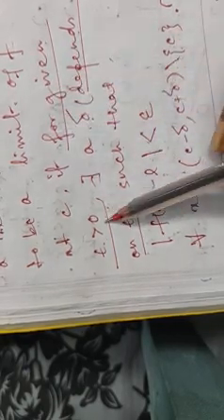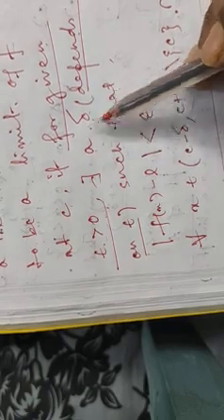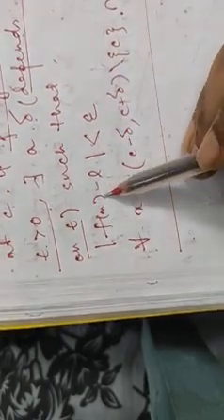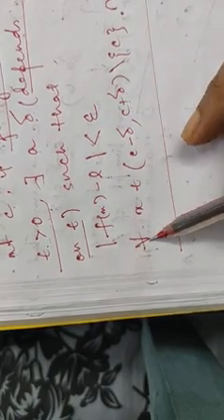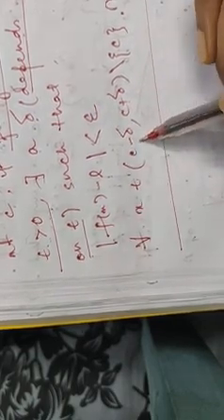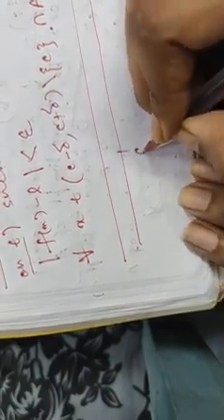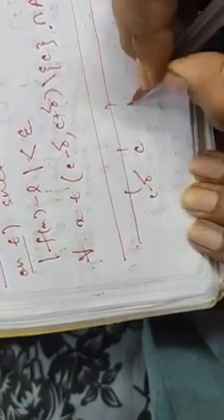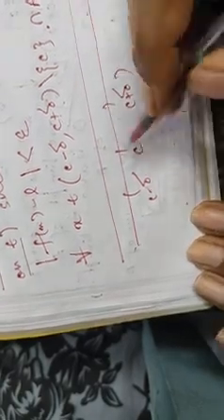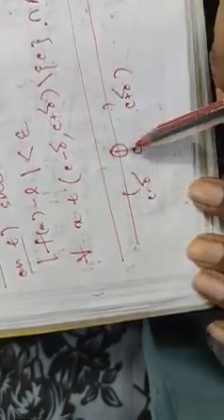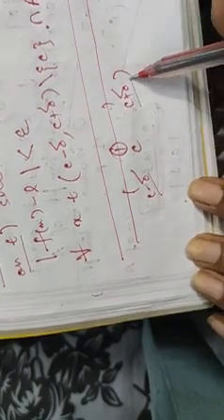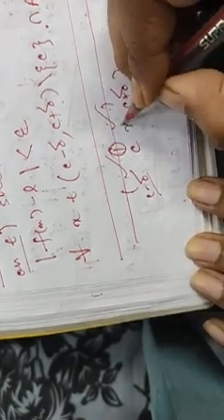So for given epsilon greater than 0, there exists a delta such that modulus of f(x) minus L is less than epsilon for all x belonging to (C minus delta, C plus delta) minus {C}, intersection A. That means in that region. Suppose this is our C, this is C minus delta, and this is C plus delta. So we are considering the deleted neighborhood of C, which is (C minus delta, C plus delta), and under this region, if we choose any point x from this region, then if it satisfies this condition,